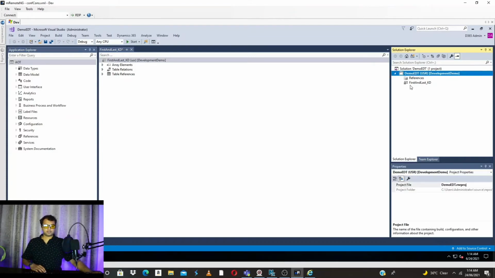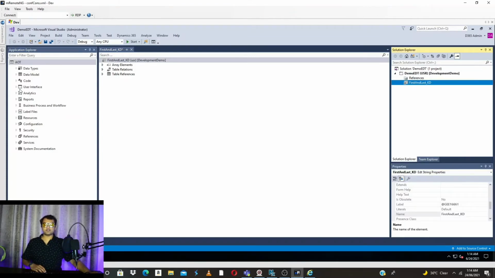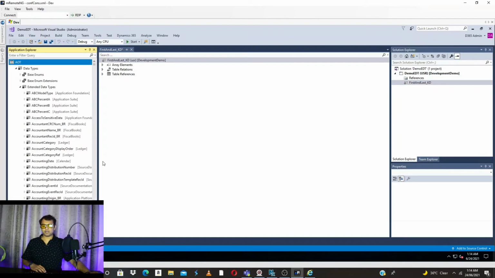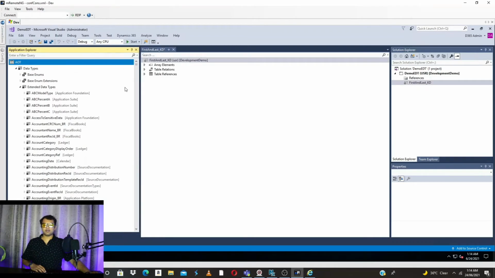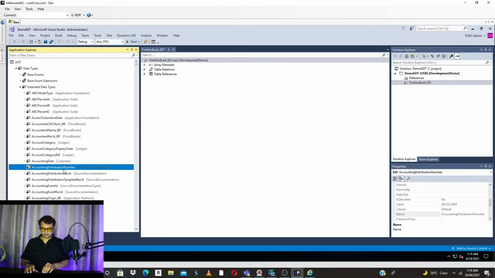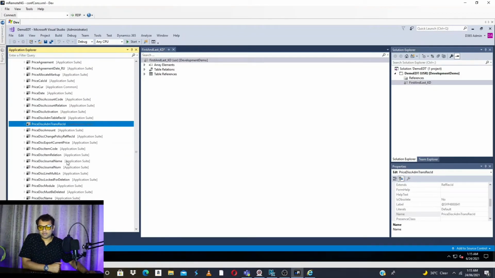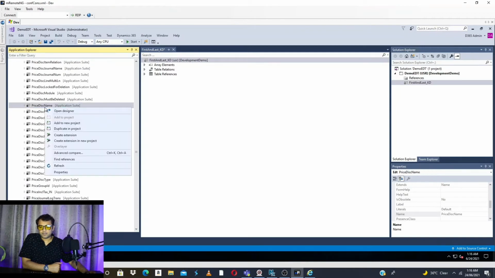Now this is the creation of a new EDT. We can also extend the data types. So I have various EDT types over here. We'll go with price discount name.